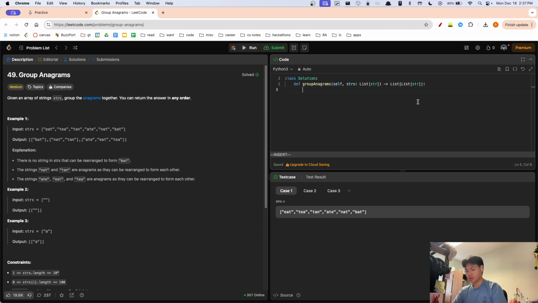Okay, so I think I'm going to iterate through all of the strings. Let's see. So I think I'm going to iterate through all the strings and then